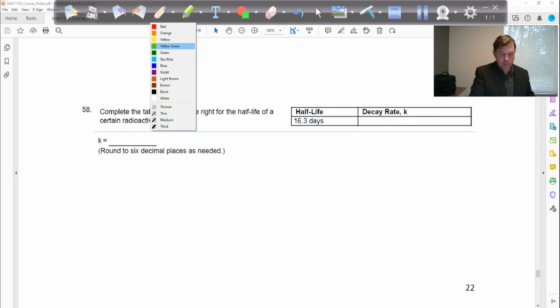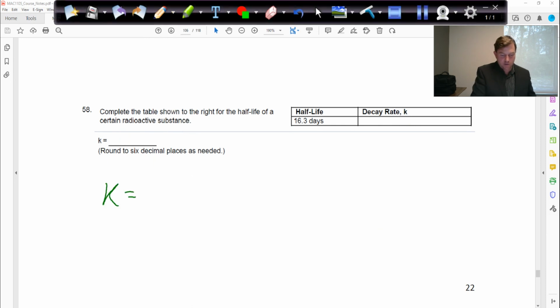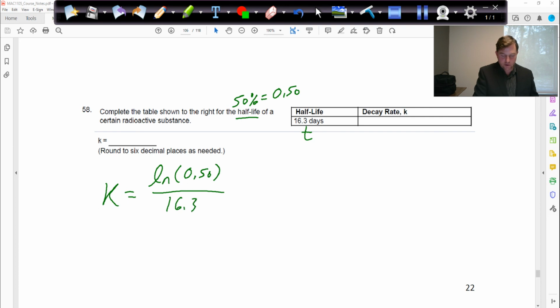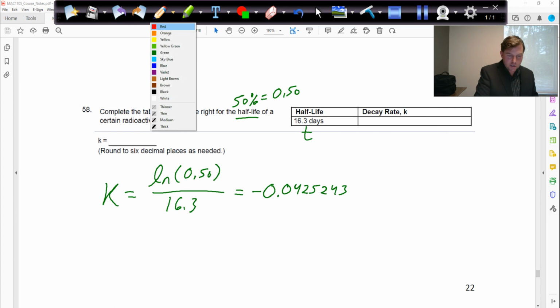58 is pretty much the exact same type of problem. We have a half-life, so we're using 50% or 0.50. And our time now is 16.3 days for this radioactive substance. So we're going to take the natural log of 0.50 and just divide by this 16.3 now. And if you do this one, you should get negative 0.0425243. And to 6,